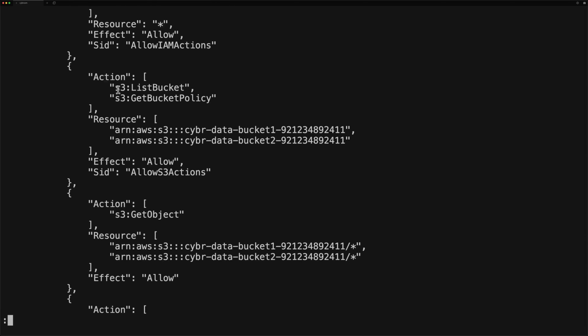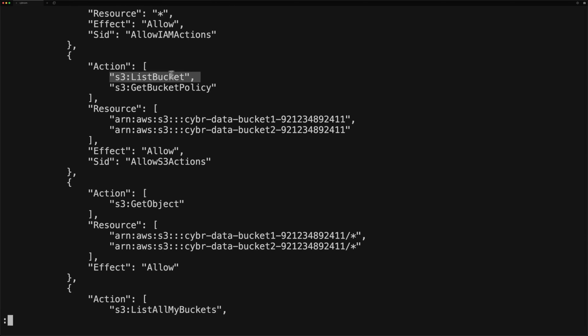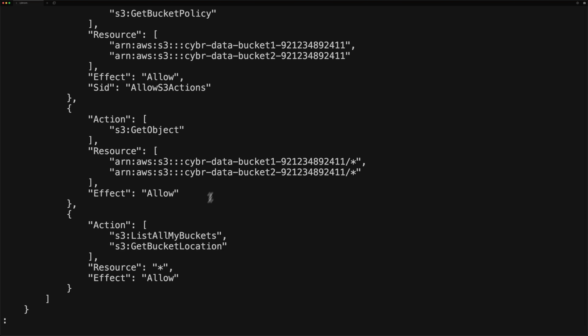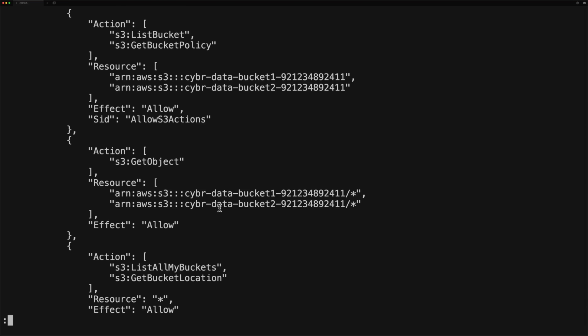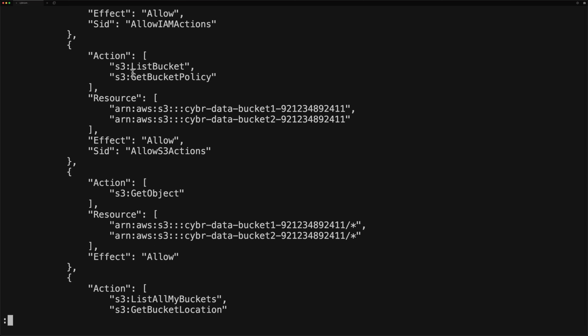But we also have access to actions like Amazon S3 list bucket or get bucket policy. Separately, we also have get object. And then finally, we have list all my buckets as well as get bucket location. So why are these separated like this? Why not just have all actions under one group and then have all the resources listed out or kept the same? This is an interesting quirk about Amazon S3 to keep in mind as you're doing enumeration and as you're